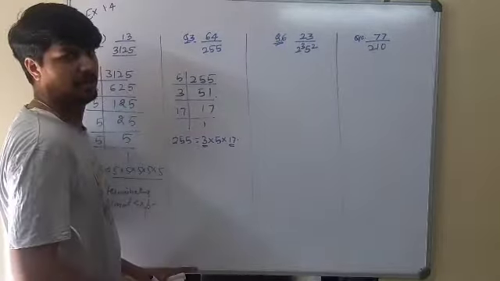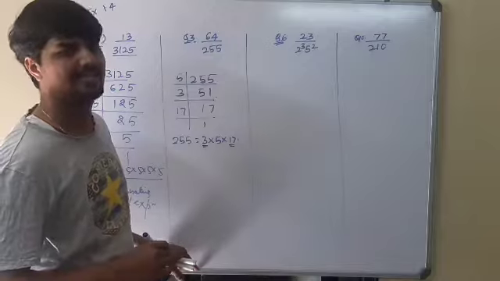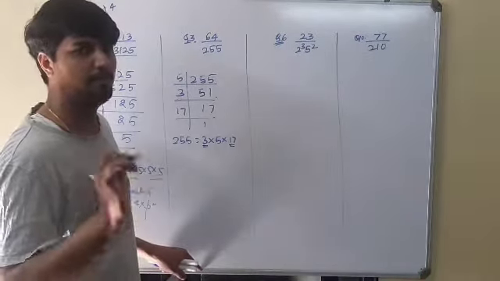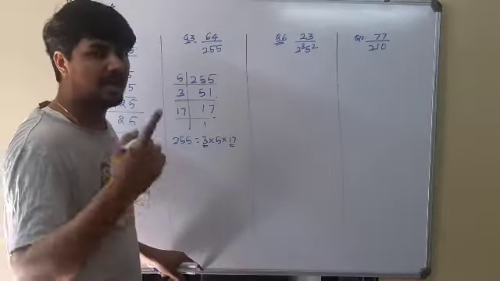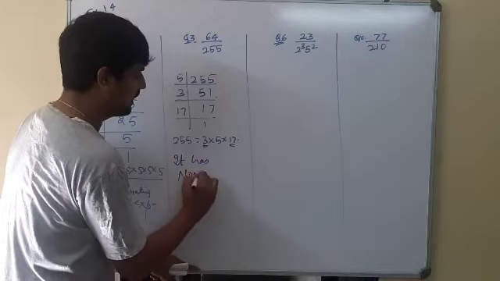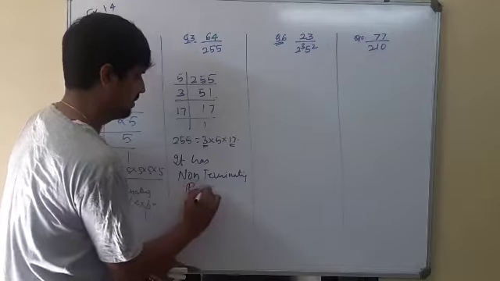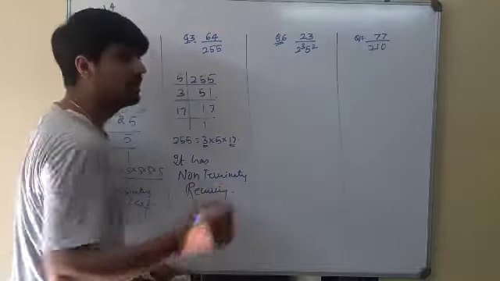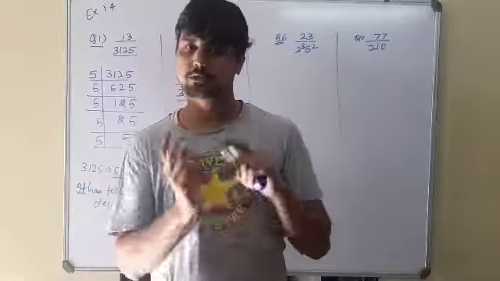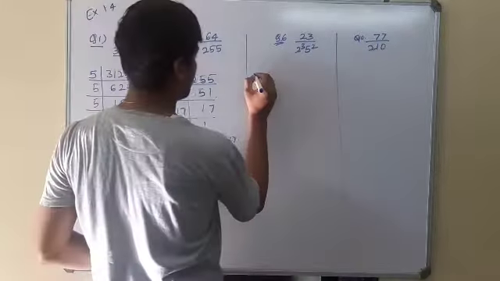These are extra. Always remember the number to be a terminating decimal expansion will always have only 2 and 5 in its prime factorization. Apart from 2 and 5, if some other numbers come, then that number will have non-terminating recurring decimal expansion. So it has a non-terminating recurring decimal expansion. This theorem we have seen in the previous video. If you are not clear with this theorem, please go and watch our previous video. Fine. Let's see the third question.